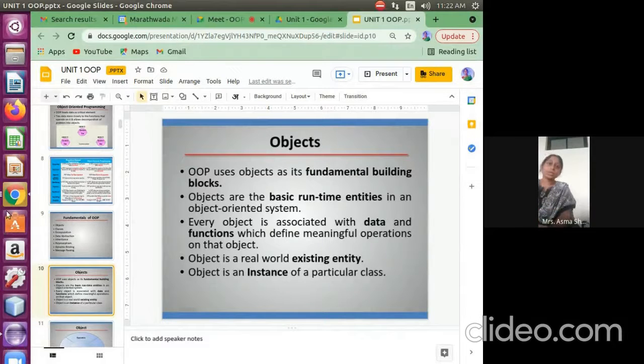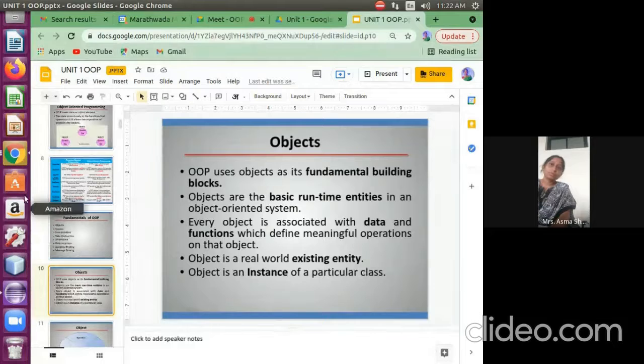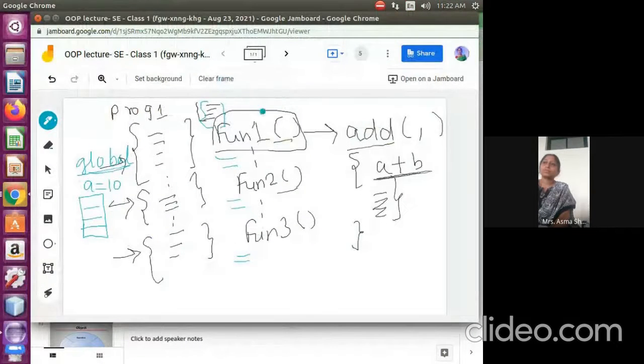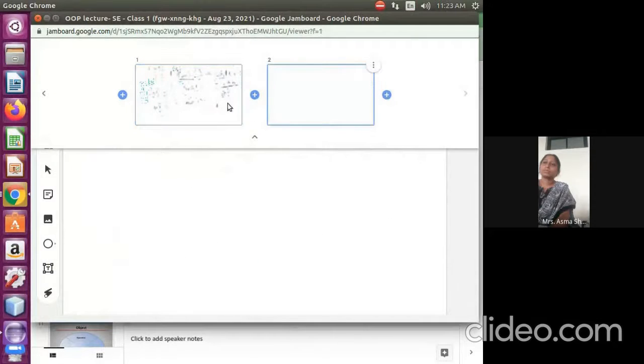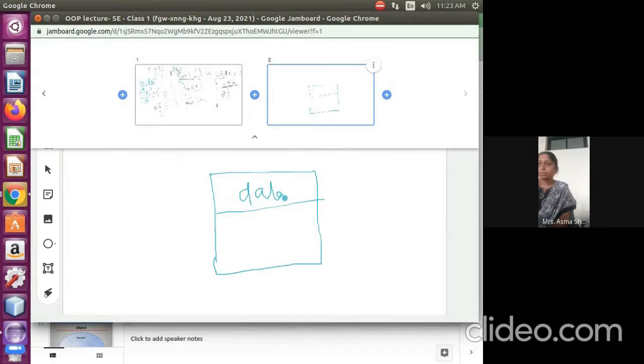Object consists of the data and functions. The function is going to add, modify and delete the data.